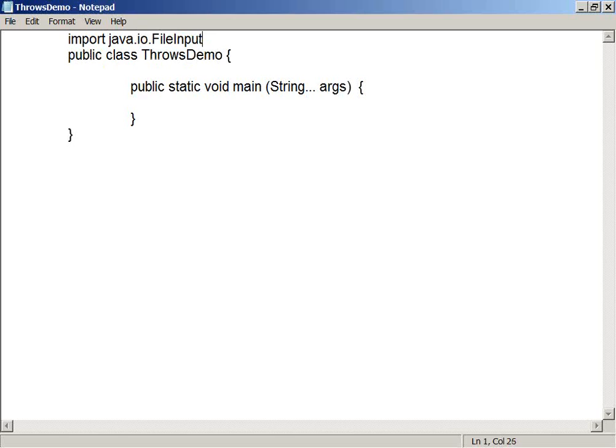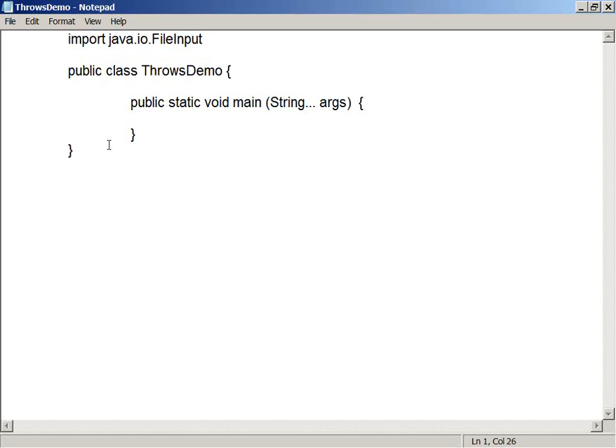Just I am doing something. I think you know this statement, importing a class from a package, and it is a predefined class.